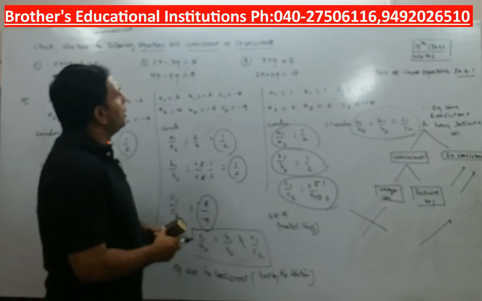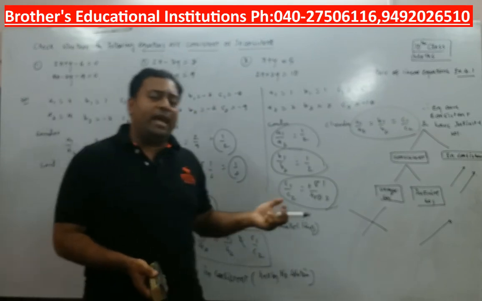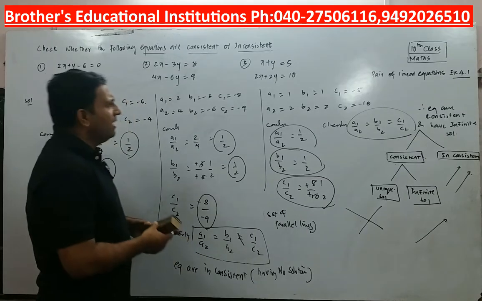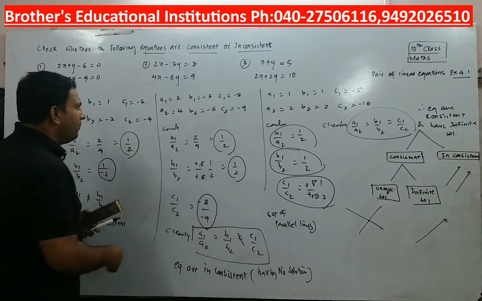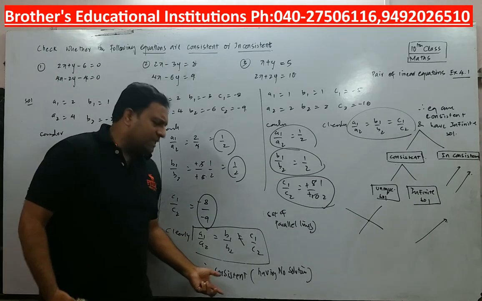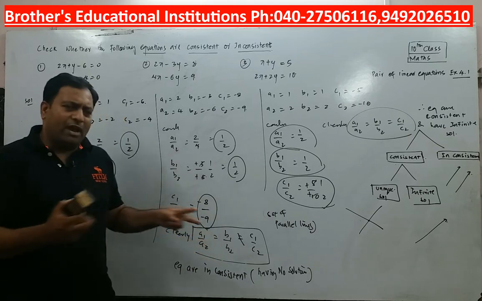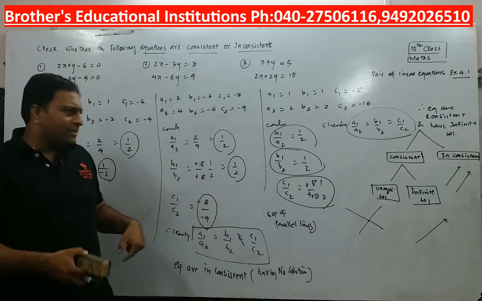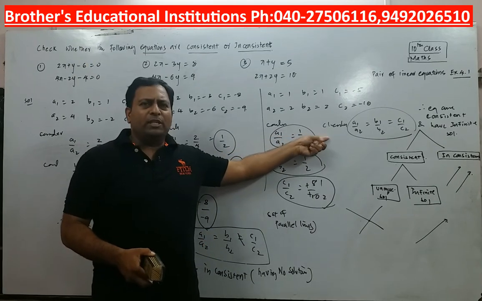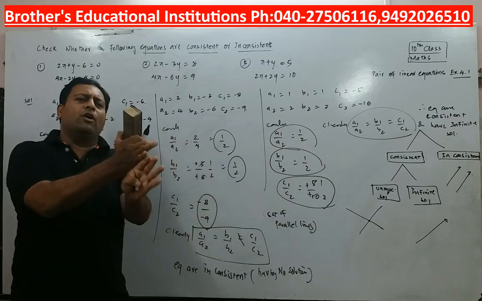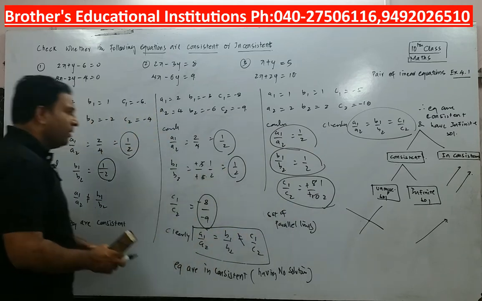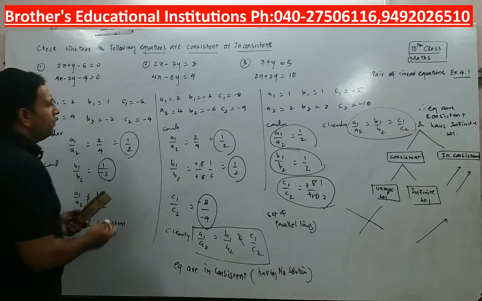Now I want you to solve them graphically as well. To solve them graphically, we will take one of the problems. See, this is inconsistent. Inconsistent means no solution, so in the graph you will get only two parallel lines. Having many solutions means you will get only one line, lying on each other. So we will take this as an example to solve using a graph. So please be with me.